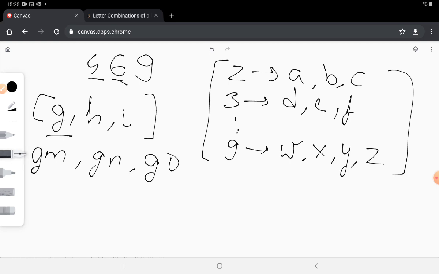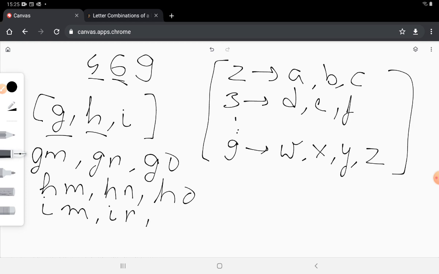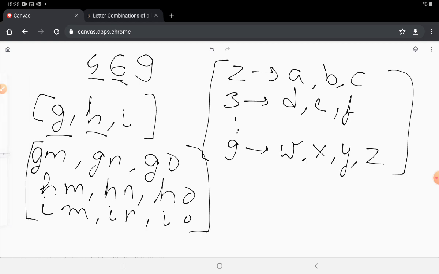So we are done with G. Same thing we do with H, which is already present in our list. So we can have HM, HN and HO, and similarly with I, so we would have IM, IN, IO. So this is my result list up to now. I have processed 2 characters in the input string, which is 4 and 6.